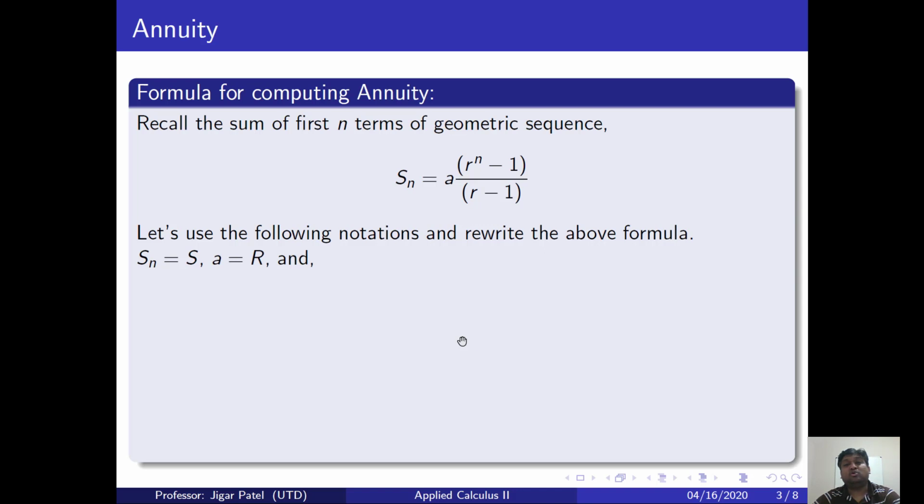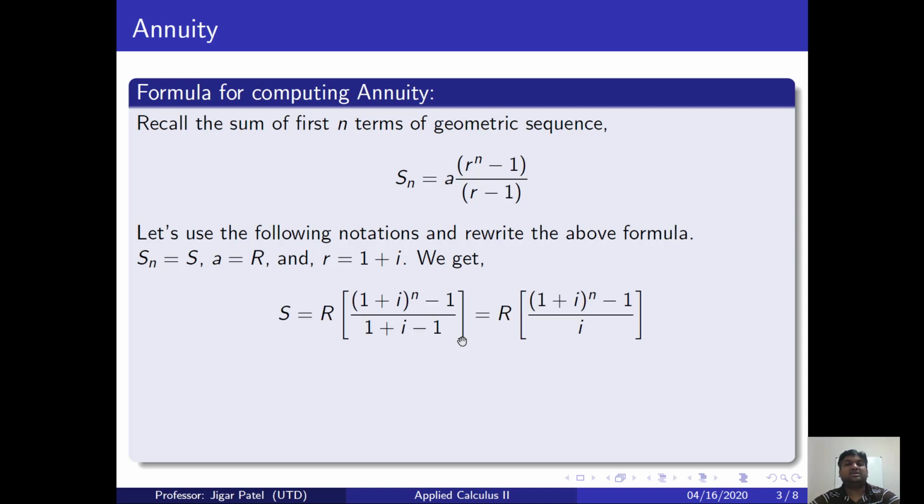Substitute A equal to R, replace A by capital R. This is our payment, that constant payment, and then replace R by 1 plus I. You can imagine what I would be. I would be the rate of interest, and N is the time. If you make all these changes in the formula, then the above formula takes the following form: S equal to